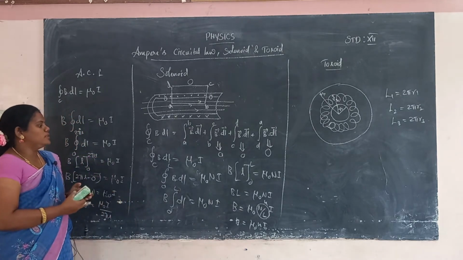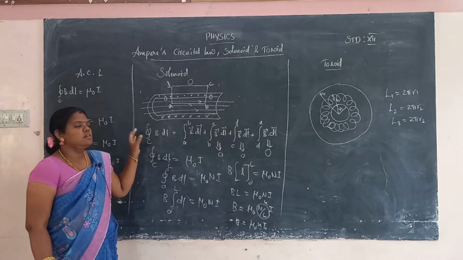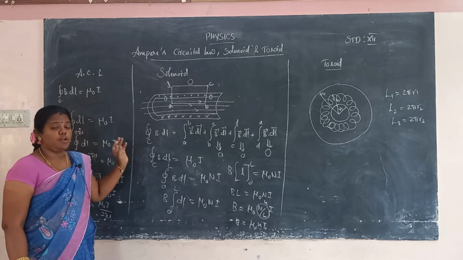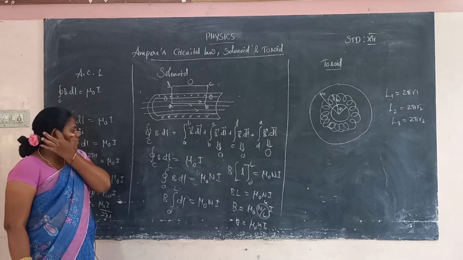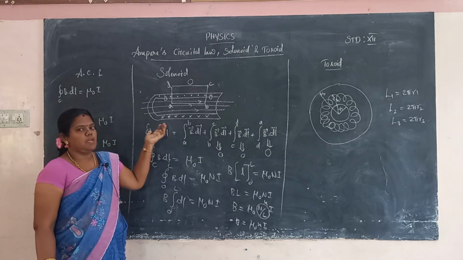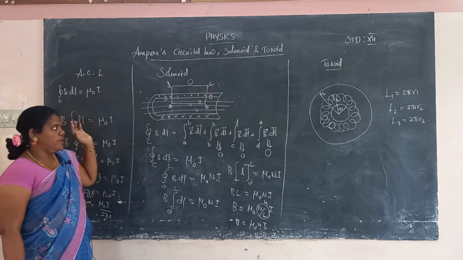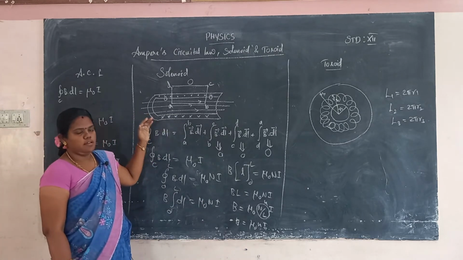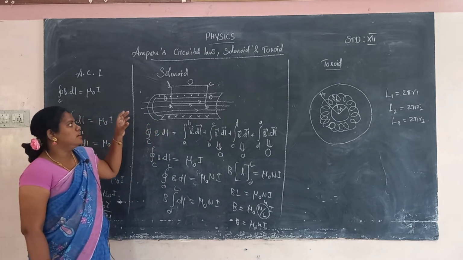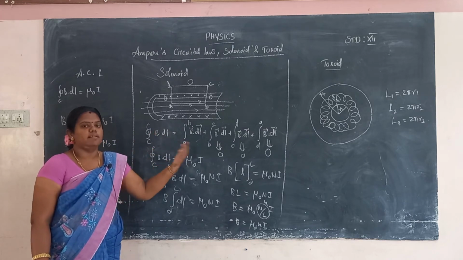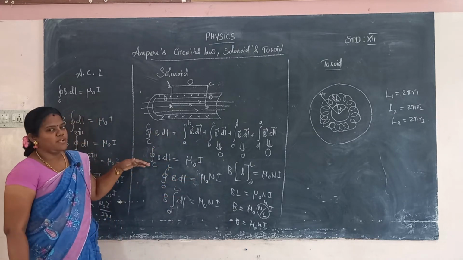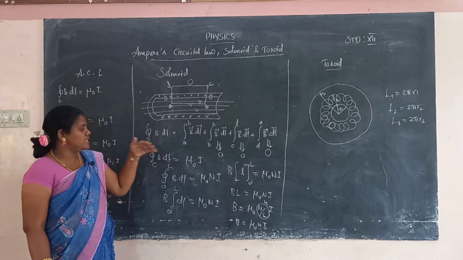Okay. This question is very important. You have to learn it thoroughly first. You have to understand it easily first, and then derive the magnetic field due to the solenoid. So we consider one solenoid. The current will flow from one end of the solenoid to the other end. The magnetic field will be created inside the solenoid.